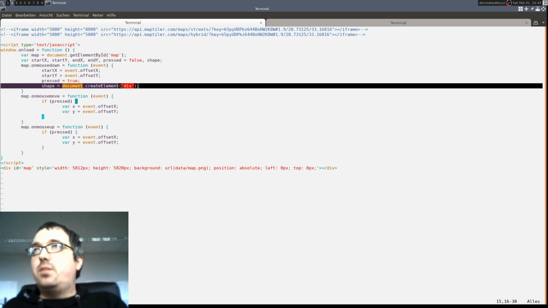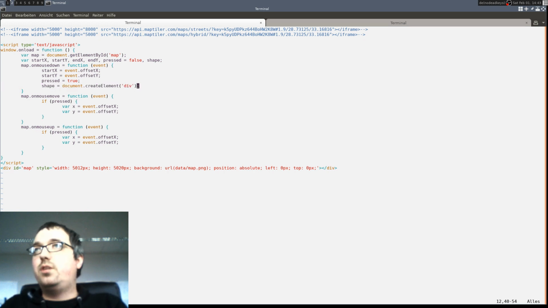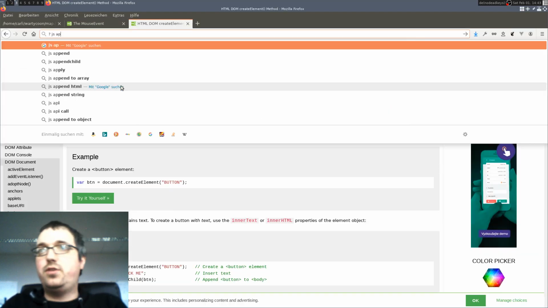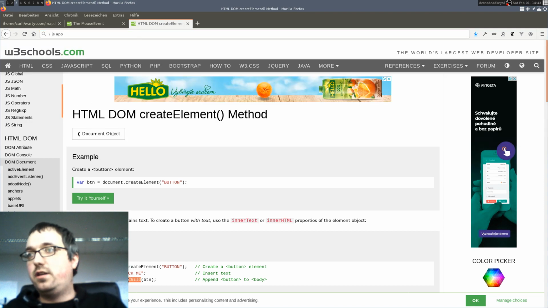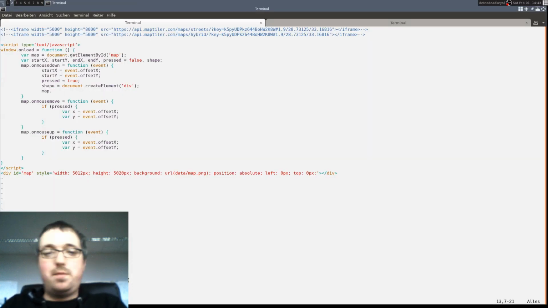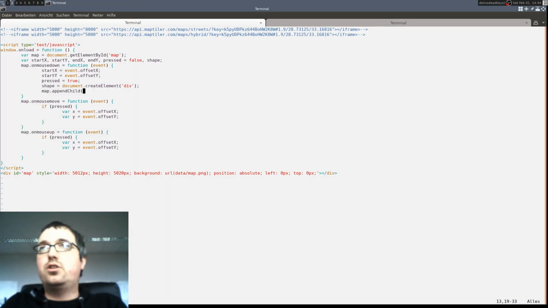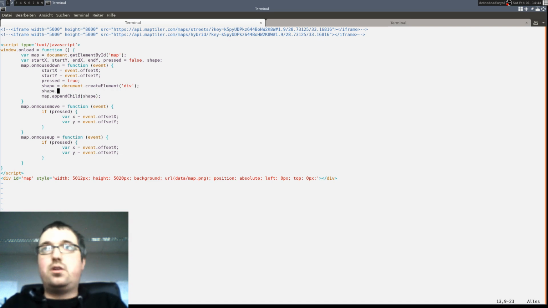So for the shape, I will create a div that will show the shape. Map.appendChild, I have to append the shape as a child to the map. Map.appendChild our shape, and shape.style.border is 2 pixels solid, no, dashed black,